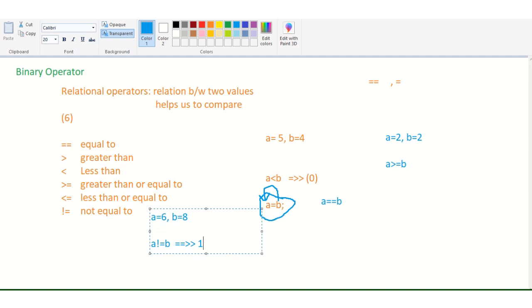It returns 1, means true. Clear? So these are the binary operators, up to relational operators. After that there are two more binary operators, the logical operator and the bitwise operator, right? We will discuss them in the next session, right?